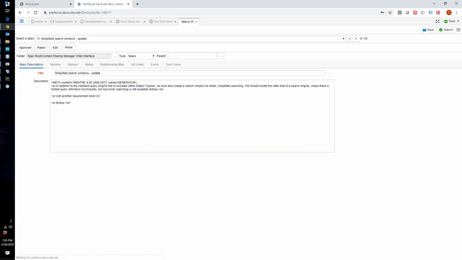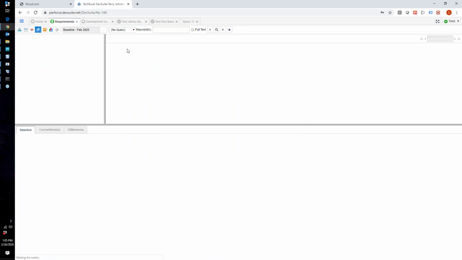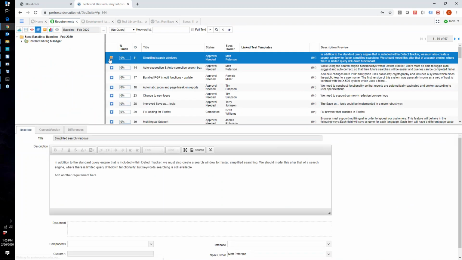And so what should happen in this baseline view now is it should actually give us a different icon. I hope this works. Yeah, so it gives us a different icon indicating what's current. So I'm actually not comparing different baselines right now. I'm comparing what's there currently versus our February baseline. So right now it looks like something has changed. It's that spec that I just changed, and it gives a different icon so that you'll know which one has